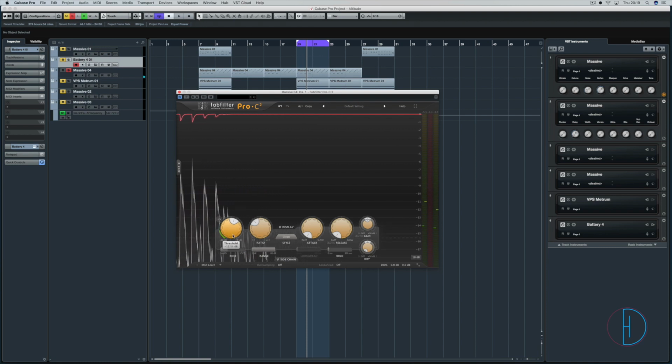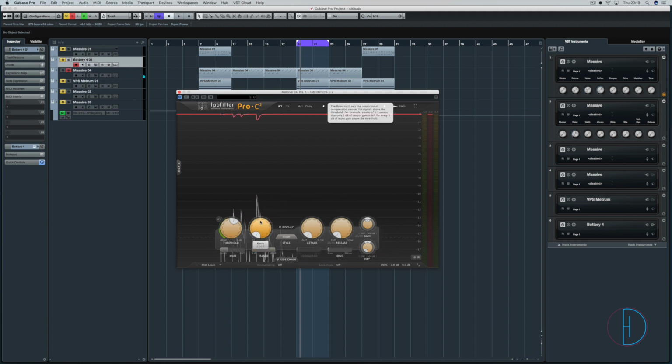So if we leave that there at -15, -16, and move on to the ratio to explain how things are working. So the threshold is reducing the dynamic range. So it's essentially working with everything else. It's going over the threshold, it's starting to reduce its volume, and that's where ratio comes in. So if we have that set 2:1 there,